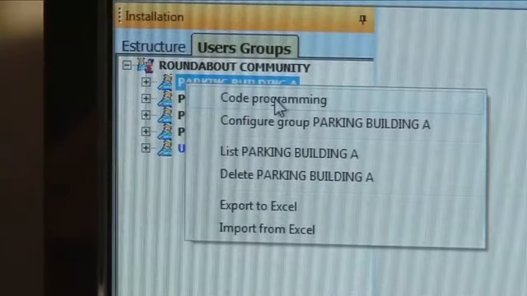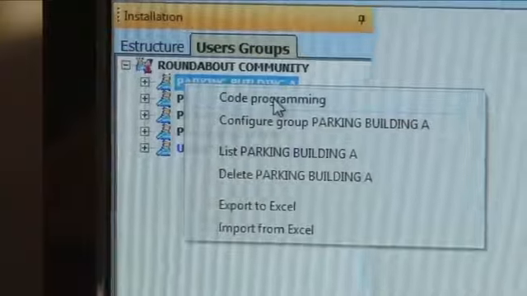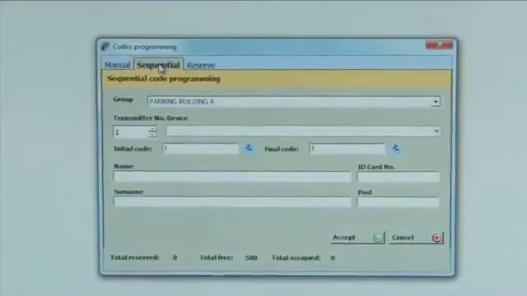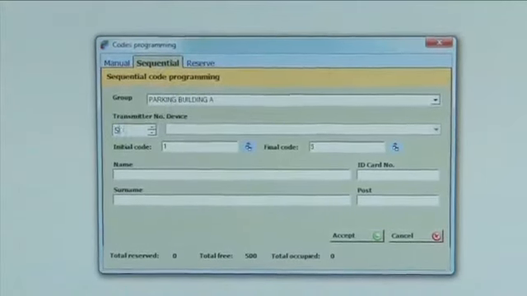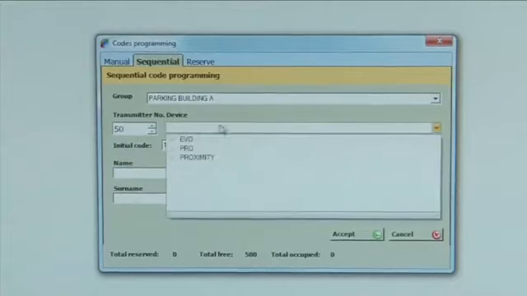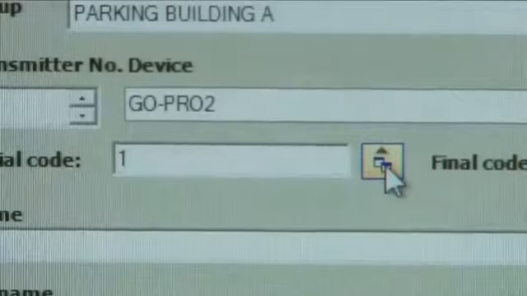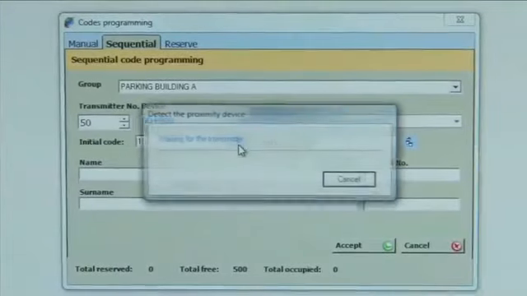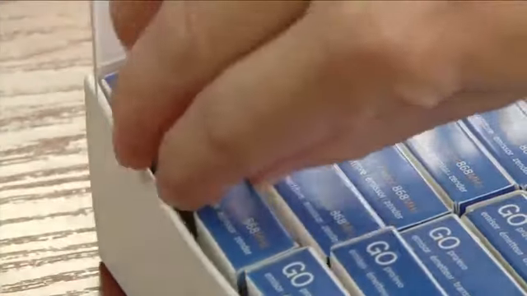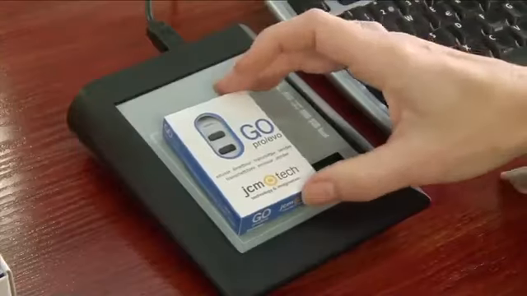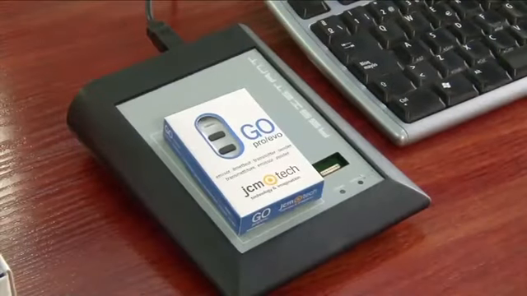It's very simple. We will position ourselves above the selected group, click the right-hand button and go to Code Authorization. We will select the sequential tab and note down the number of transmitters we wish to authorize. We'll then indicate the type of transmitters, and finally we'll click the blue Start Code button to read the transmitter